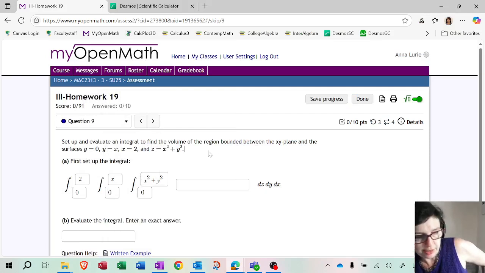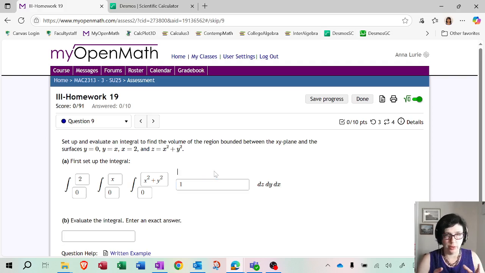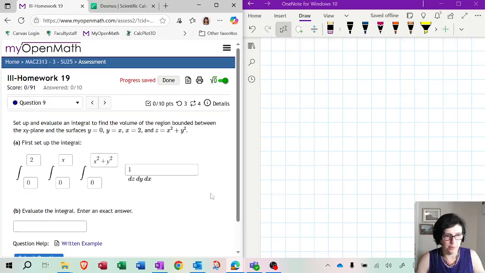Okay, now that we set this up, we are also going to think about what we are trying to integrate here. If we are evaluating the volume using triple integrals, then you are evaluating 1. That's your integrand. Just like with double integrals, if you are integrating 1 over some region, you are really finding the area of the region. Same thing here. When you are evaluating a triple integral and you want the volume, you are integrating 1. Also note that this answer must be positive, because if it is not, then how could that be a volume? So hopefully that is going to be positive, but let us go ahead and compute it.